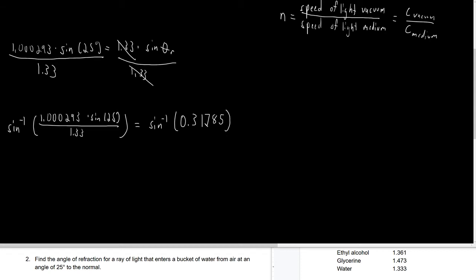So I just need to take the inverse sine of that number. I made sure my calculator was in degrees, and when I took the inverse sine of that number, I got an angle of